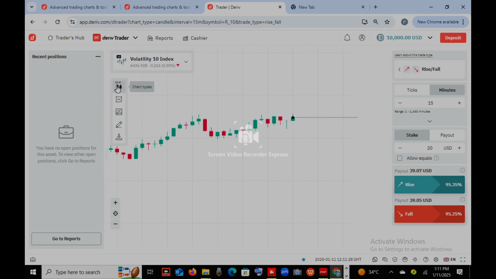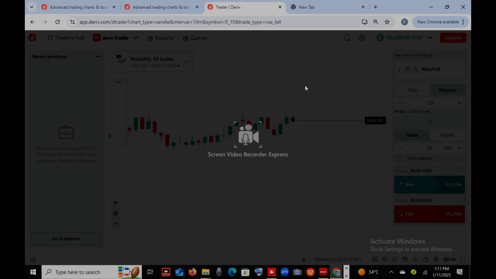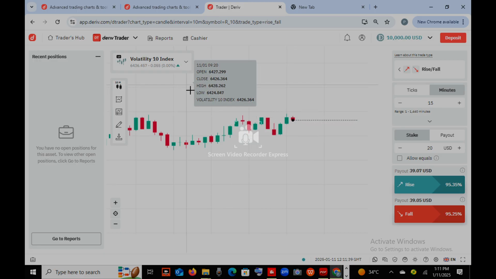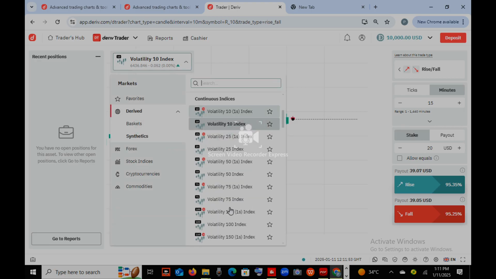But then you still have to take your time and still do your back testing before you make your final decision. So with this, 10 minutes is telling us there is going to be a long sell, but it's not confirmed yet. I want to still interchange and come to 100 index,